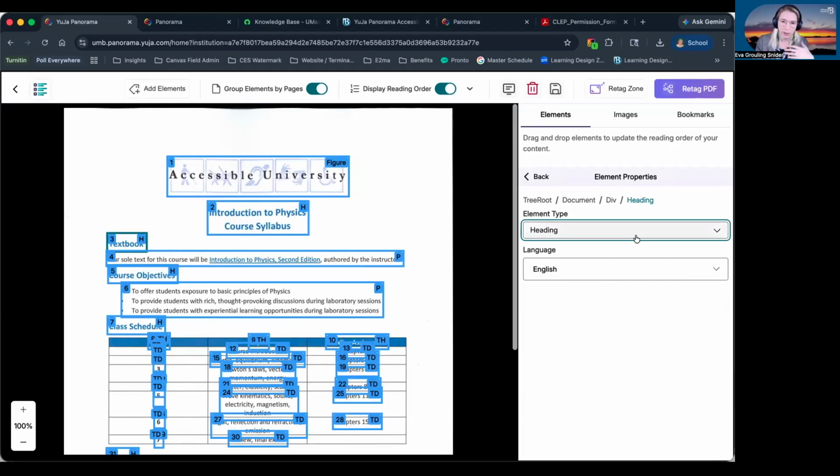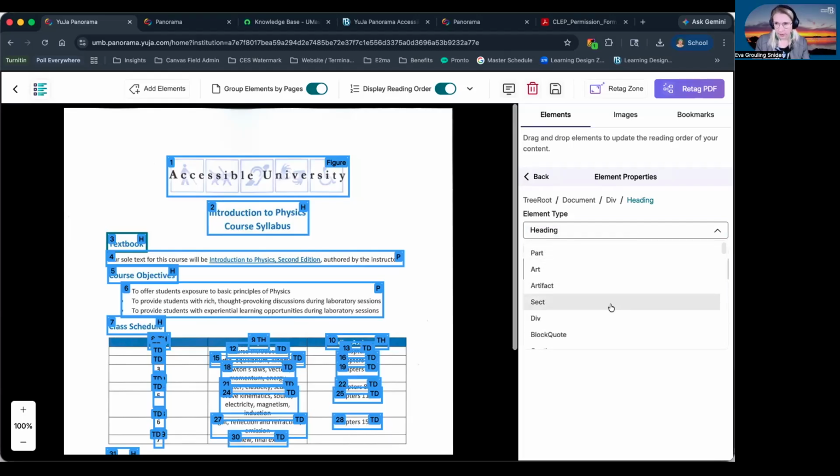So going in here and changing a tag to a different, more accurate tag can be a relevant thing for you to do. I would encourage folks again to Google about PDF tag accessibility and learn about what tag types are appropriate for what types of content. They don't really give you much guidance here in Panorama for that.